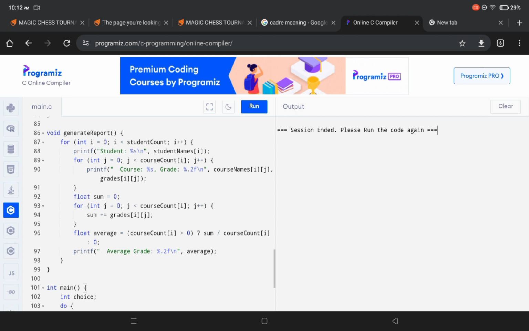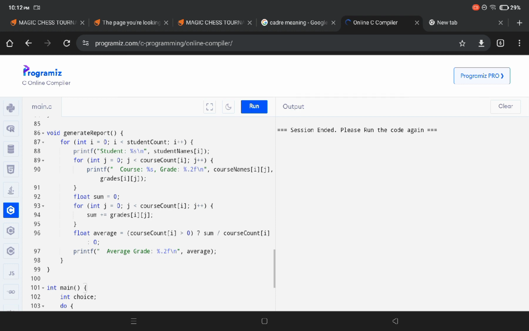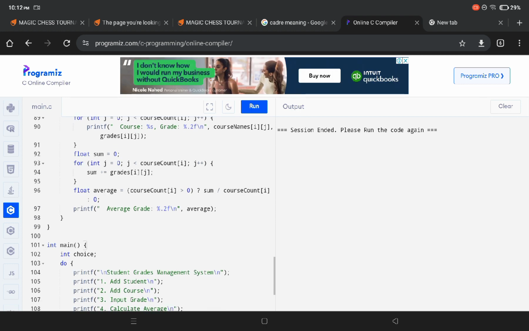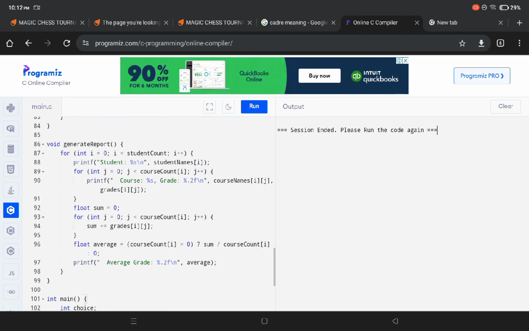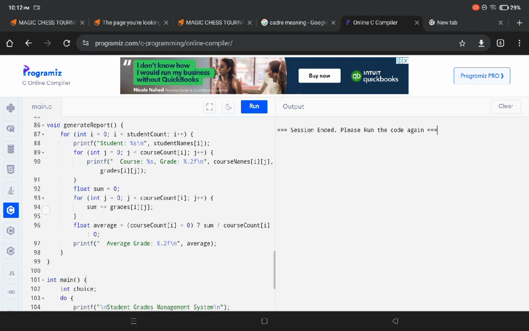It calculates the average grade for each student by summing the grades and dividing by the number of courses, and prints the average grade for the student.